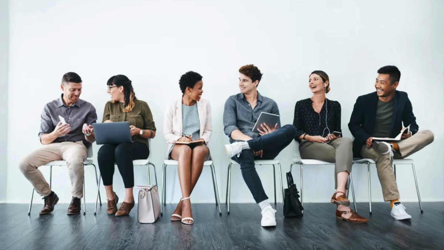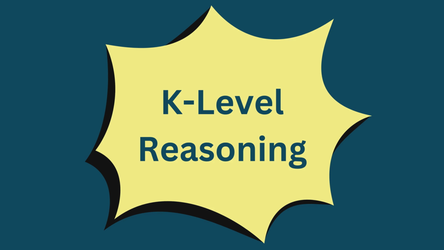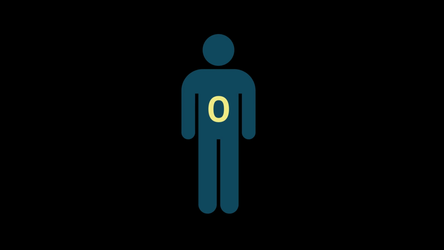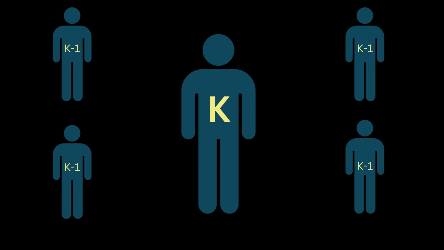In this game, every player has access to the same information, and they also know that everyone else has the same information. Now, we can find the optimal solution for this game by using something called K-level reasoning. K-level thinking is defined recursively with a non-rational level 0 player designed for the particular situation and a level K player basing his actions on the assumption that all the other participants are level K-1.